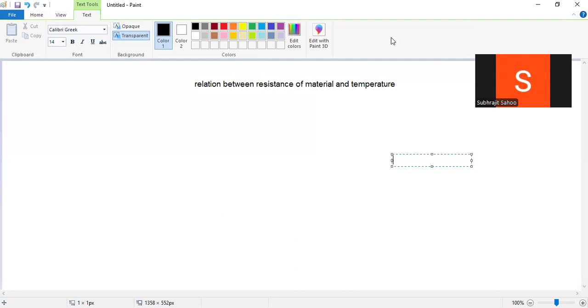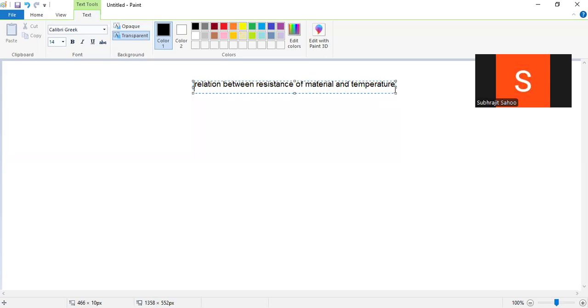Hello everyone. So today I will take one topic on the ICS subject, instrumentation and control system. I will discuss this topic today. Already in the classroom, the relation between resistance of material and temperature I have discussed several times. But today, why again this topic is here? I need to derive some mathematical expressions between the resistance of the